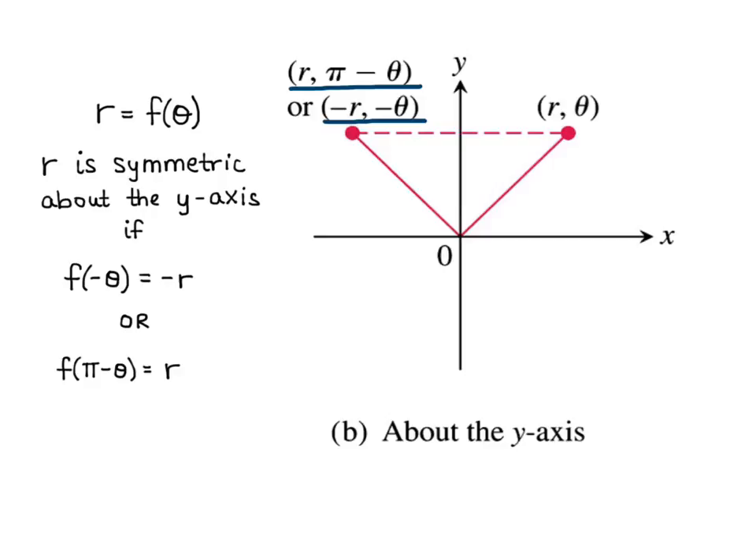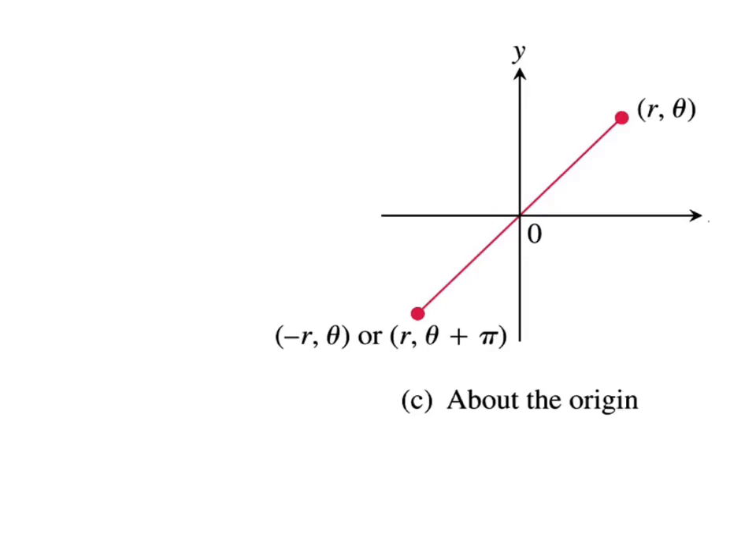Now there's one more symmetry to think about, and that is symmetry about the origin. The way I think about it is if I flipped the graph over the x-axis first and then the y-axis, then I would need to end up with the same graph that I started with. The symmetry about the origin can be a little harder to visualize, but the algebraic formula is